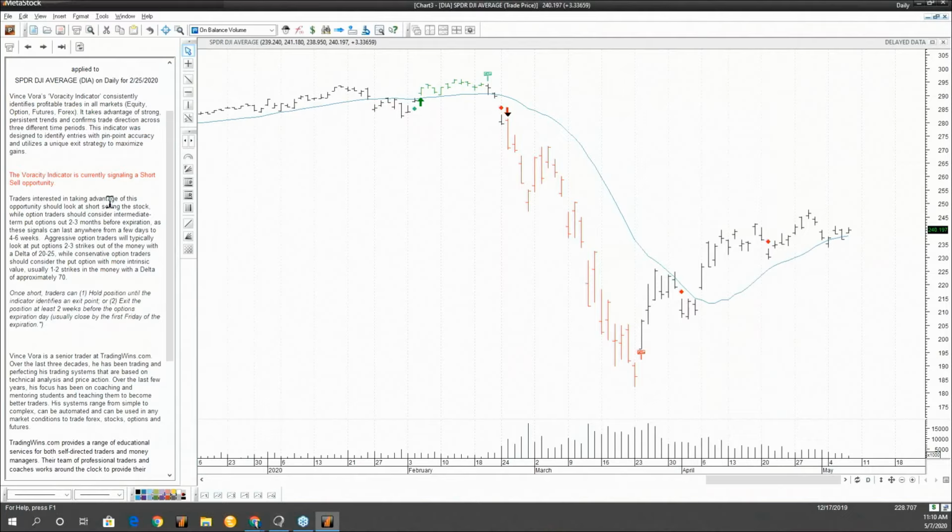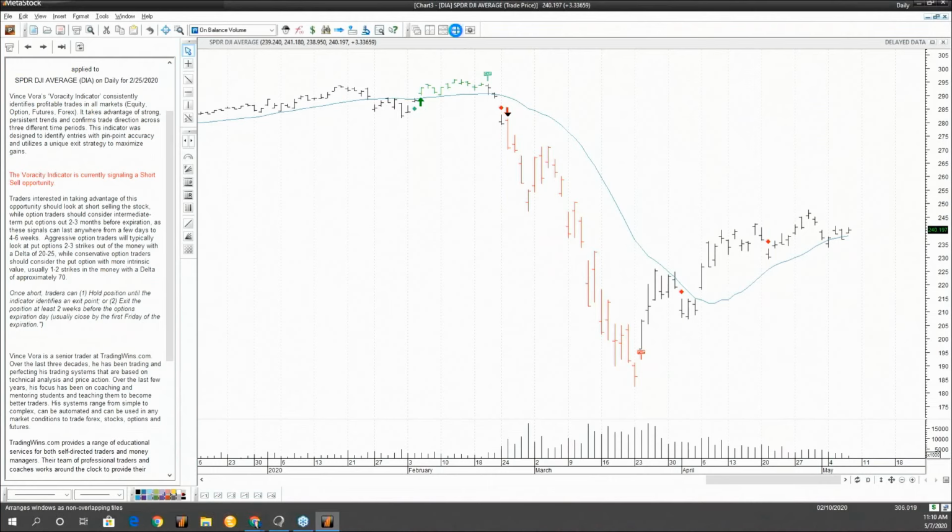Traders that are interested in taking advantage of this opportunity should look to short selling the stock, while the option traders should consider intermediate term options out 2 and 3 months before expiration. Or if you're doing weekly options, obviously you'd be getting out of that trade a little bit sooner versus staying in for months at a time. But it really just depends on the type of trader that you are. And that's one thing that I really like about it.